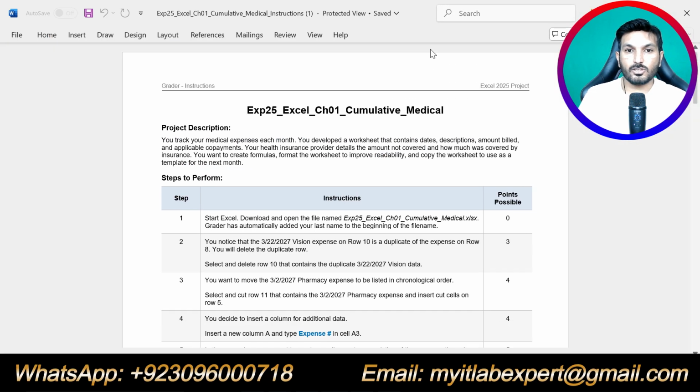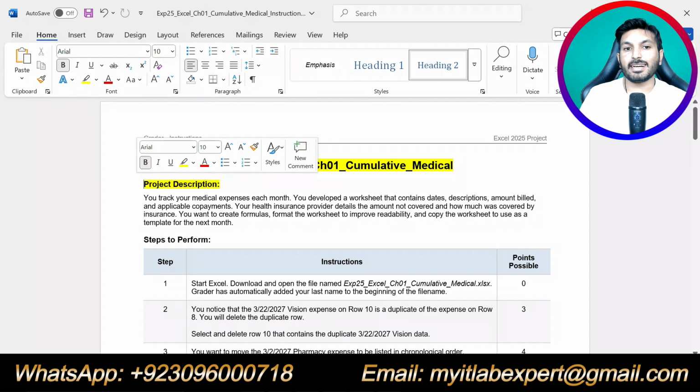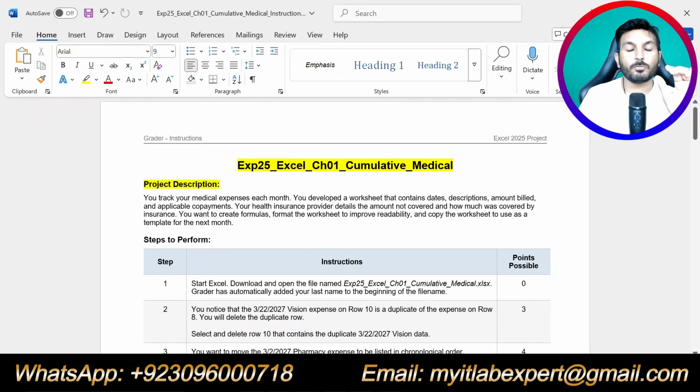So this is new course EXP25 Excel chapter 1 cumulative medical. At the start of the instruction you can see the project description. There is nothing to do in the project description, but I suggest you go through it so that you can get an idea about the assignment.